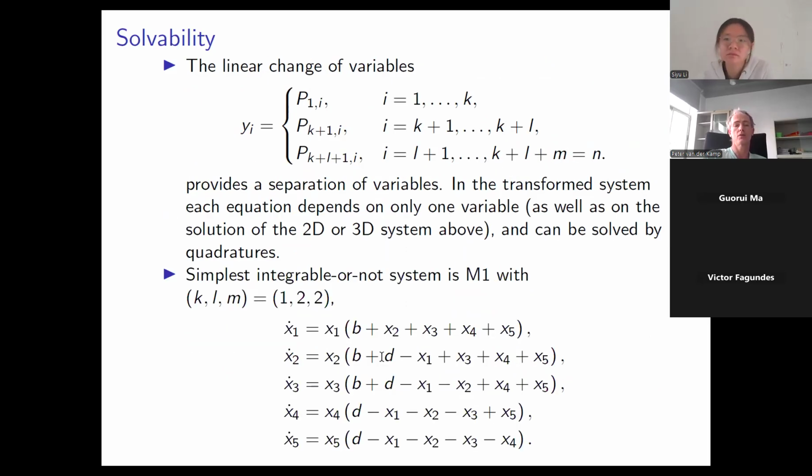And then there is the question, okay, well, we had this system M1 where we don't have enough integrals to be kind of formally integrable, but we can solve it. So is that an integrable system or not? I mean, what are the properties? And are there maybe hidden integrals that we don't find? And this is the simplest kind of case. So maybe a nice toy model to study a little bit further.